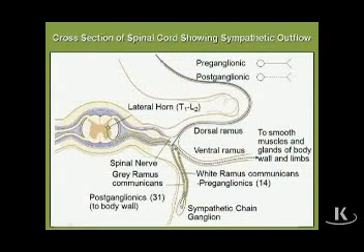And now remember, they have to get to a postganglionic. They're heading to the postganglionic in the sympathetic chain ganglion, which we can see over here. So we need a way to get from the spinal nerve to the sympathetic ganglion. And what we have here is a branch that communicates between spinal nerve and sympathetic ganglion, and that's called the white ramus communicans. Ramus means branch, communicans means it communicates.